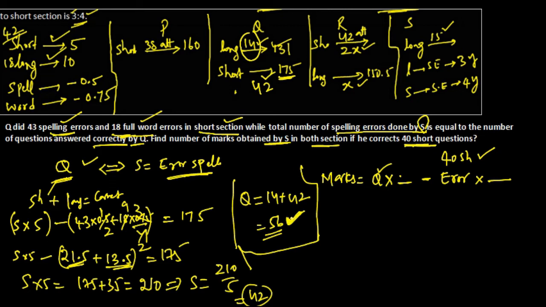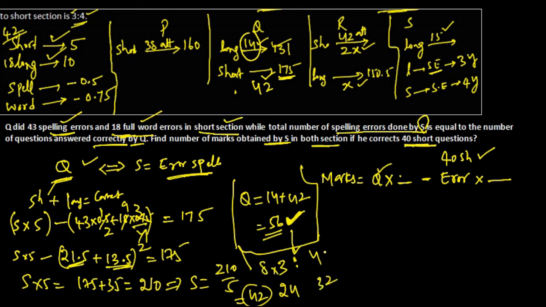But total number of errors means it will be in the long and it will be in the short. So now we refer to the S data. In the S data it is given spelling errors in long section and spelling errors in short section. The ratio is given, that is 3y and 4y. It means it is 3:4 parts. Means this 56 I need to divide in 3:4 parts. So if you know ratio and proportion, this is 3 parts and this is 4 parts, 7 parts. We need to divide 56 in these 7 parts, means each part will get 8.